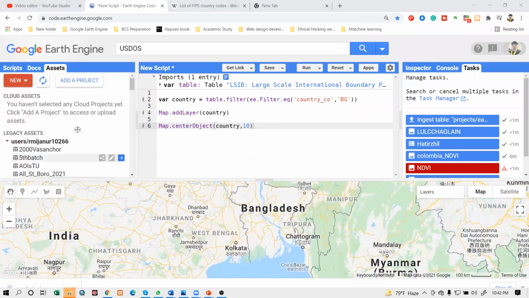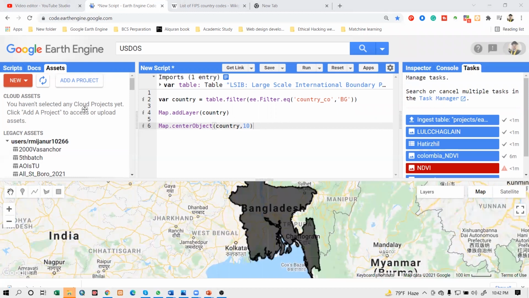Okay. So now if you want, you can also import it. Suppose you have a Landsat or Sentinel imagery which you downloaded from other sources,